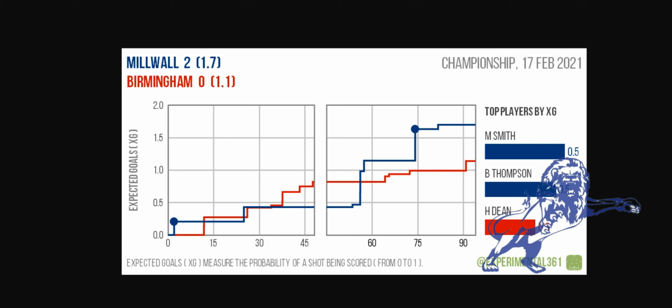Some really good chances. Birmingham, you see that for most of the start of the second half, they didn't really have a shot on goal, and then they had like 3 in the space of 5 minutes, and then one right at the end. And their biggest goal threat, top players by XG on the right hand side: Matt Smith 0.5, Ben Thompson 0.5, Harley Dean, a defender, 0.3. So not too good